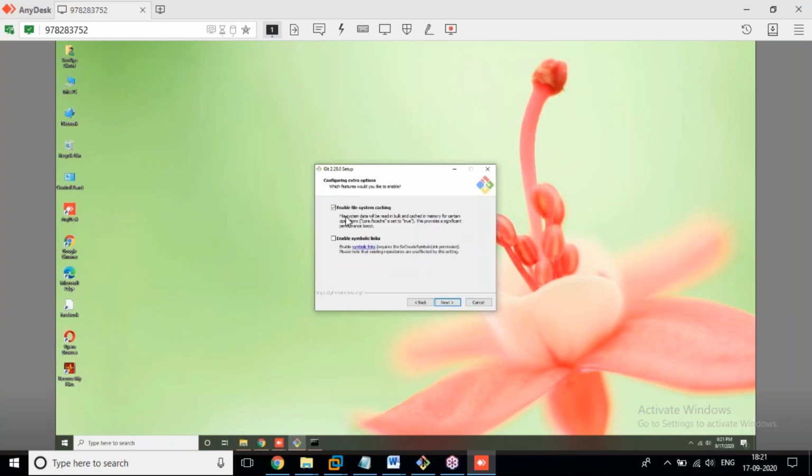Enable system caching and enable symbolic links. If you want to create symbolic links or access files with symbolic links, yes, we can. What is a symbolic link? You need to understand Linux commands or system-related links, soft links or hard links. Enable export. If you want to export some pseudo users like that, yes, then click install.